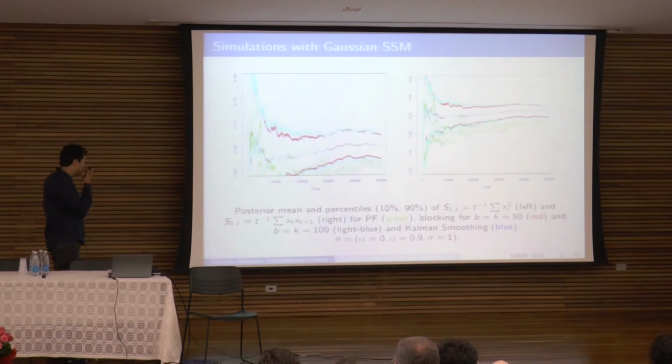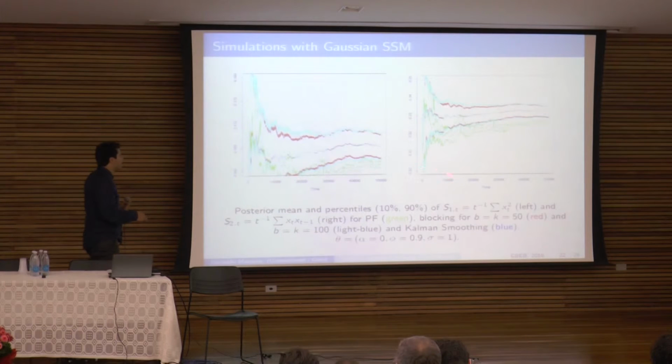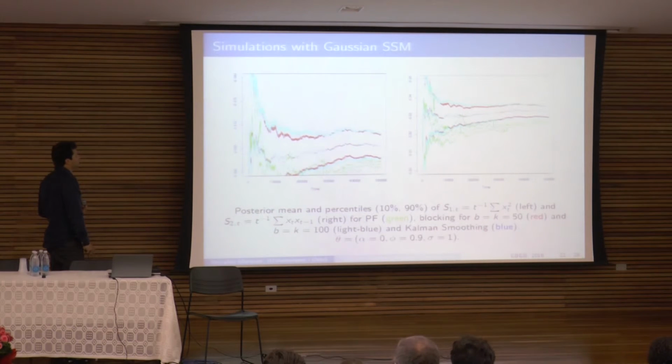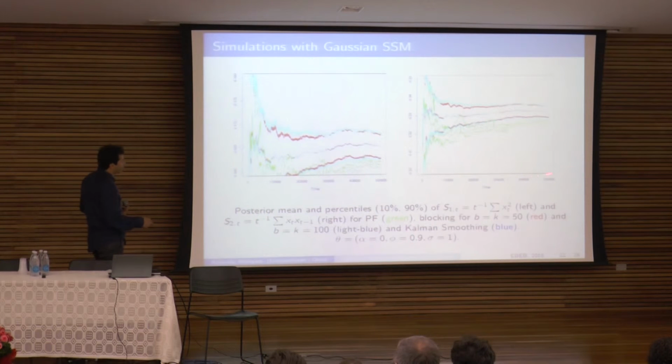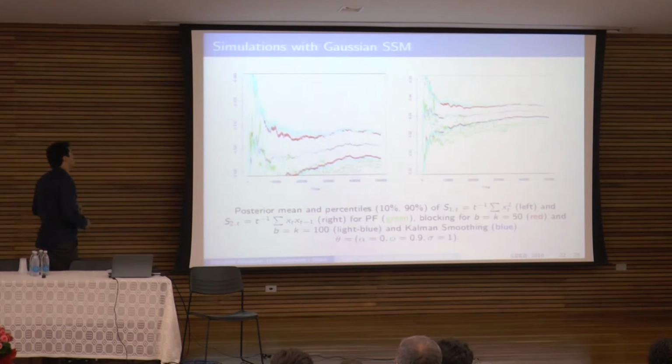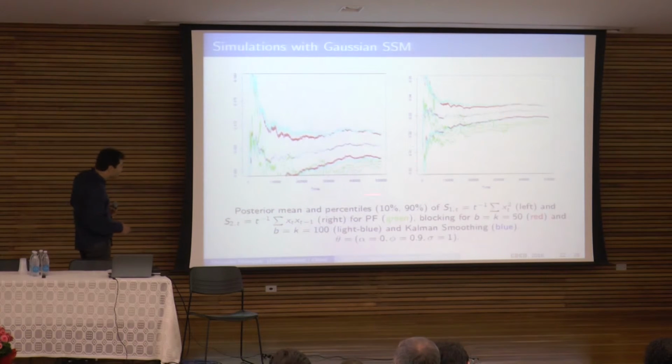The Kalman filter is moving, and then you have the red and the light blue, which try to follow the Kalman filter as it moves. You can see the particle filter, around here, has a great degeneration, and also creates a posterior quite wrong compared to the true posterior. I'm running a lot of points here, and the blocking method still follows the Kalman filter as it moves. Then I have three choices of B and K, B equal K, here 500,